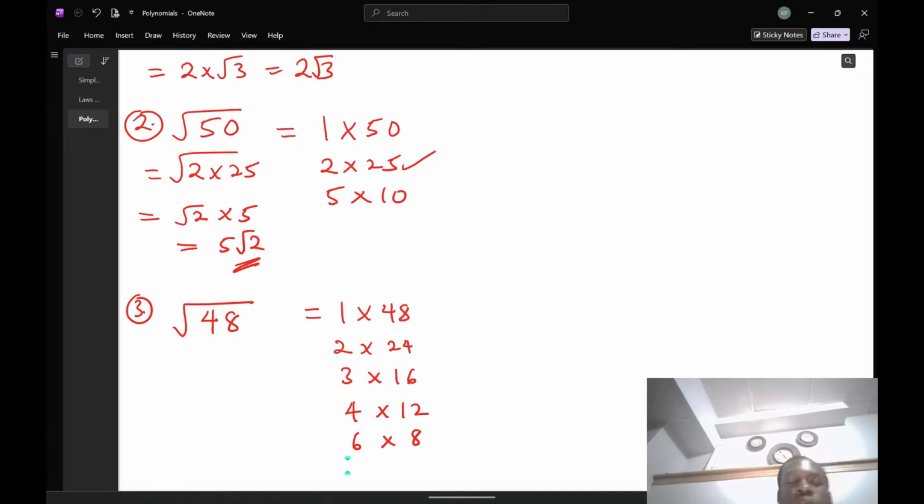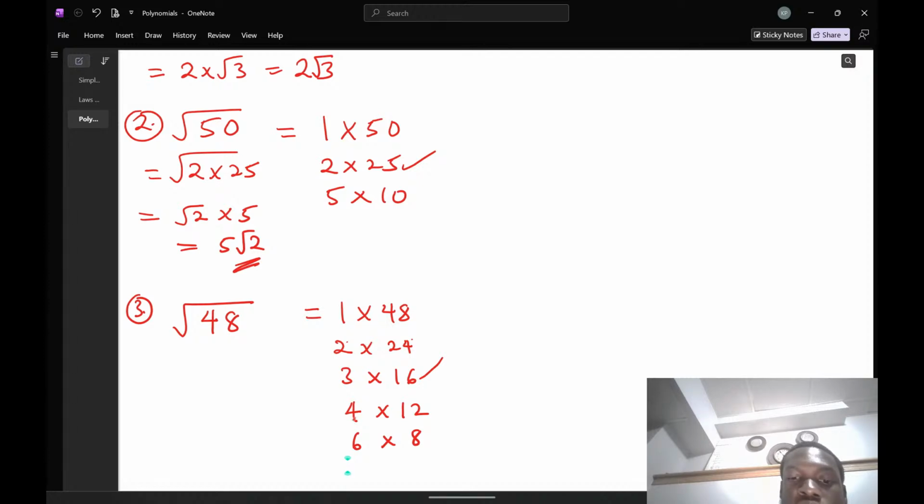But when we look at the numbers that have a perfect square root, 1 is a standard number, like I told you. 48 does not have a perfect square root. 2 does not have a perfect square root. 24 does not have a perfect square root. 3 does not have a perfect square root. 16 has a perfect square root. 4